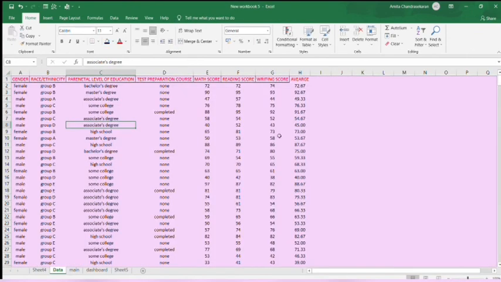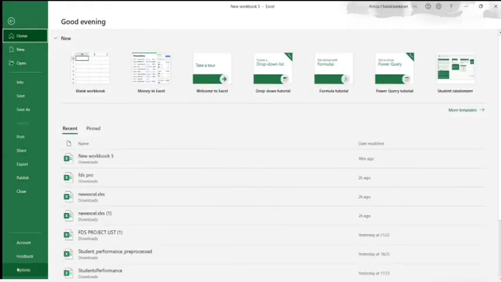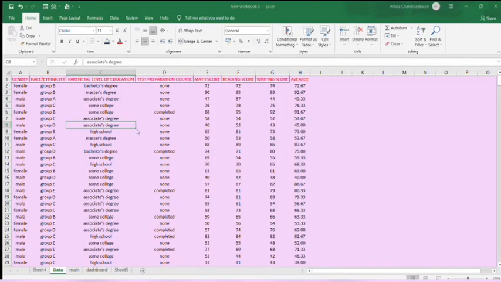Then if you want to edit a data set, you can create a form and edit it easily. For that, click the File menu and go to Options, and a tab will open. Then click Quick Access Toolbar, select All Commands and Form, then click Add. Then you will get a form symbol in the Quick Access Toolbar. Finally, if you click it, you can get a form and you can edit it.